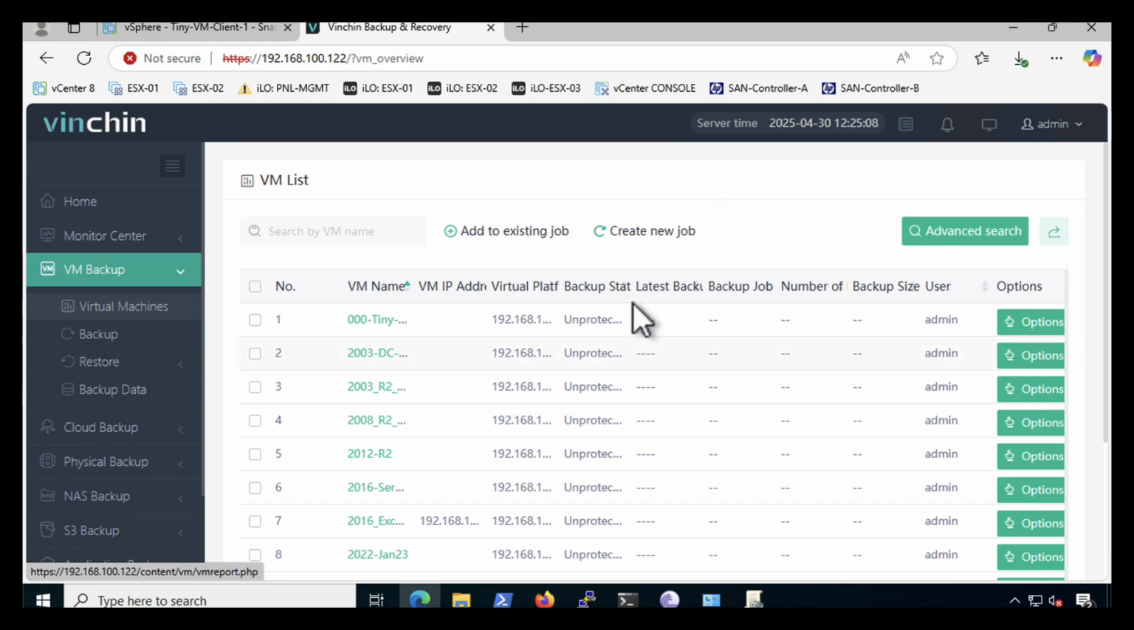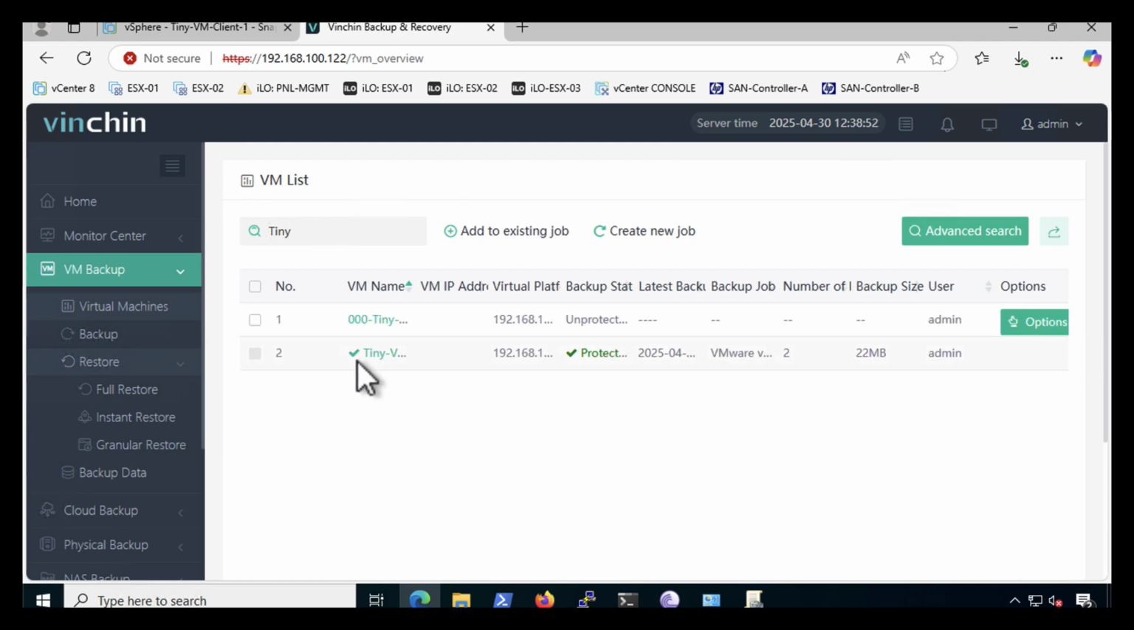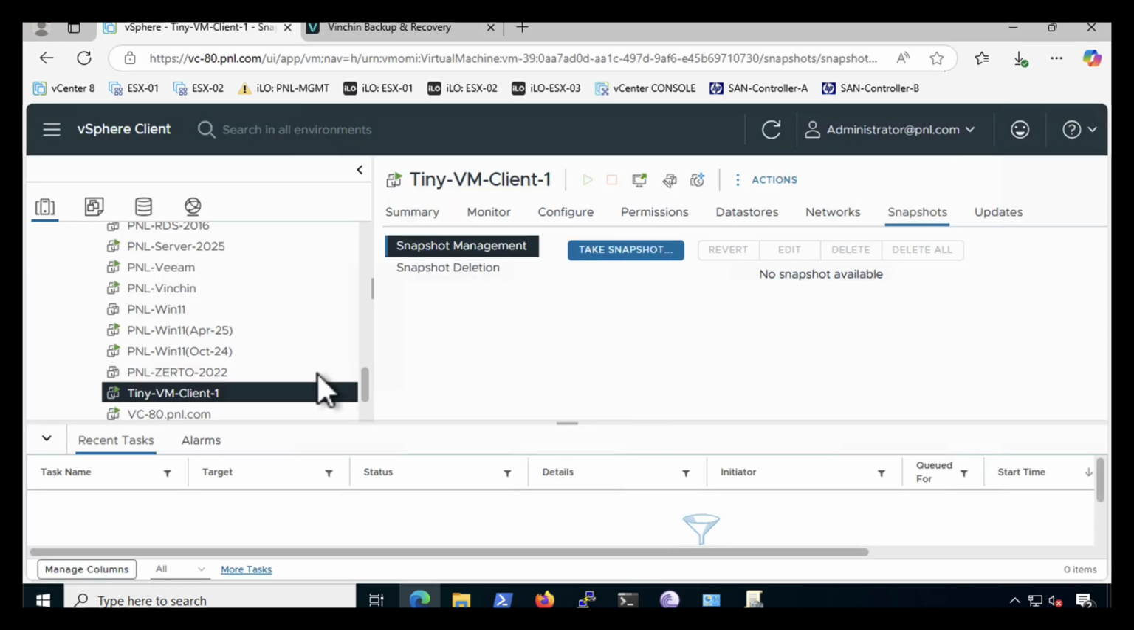I go to virtual machines and I do a search for my tiny machine. You'll see there's a tick next to it, and also it says protected. So I drag the column across. So we know that that machine is protected, it's safe, it's backed up. Should we need to restore it,